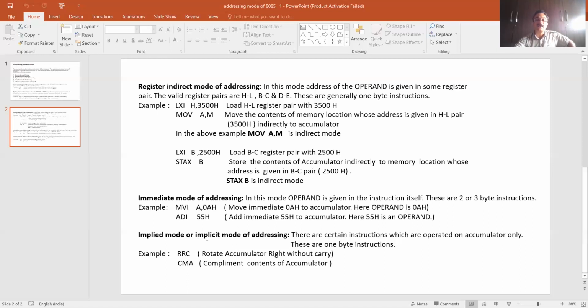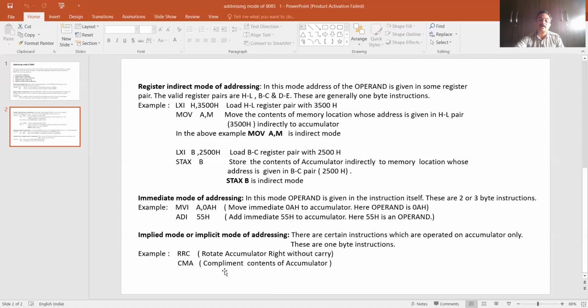So this is a very, very important question you usually get. In each and every paper, if you see the last 10 years, 5 years, 3 years papers, you can see that there is always a question on the addressing modes of 8085. Either it is a 3 marks question or a 4 marks question. If it is a 3 marks question, then they specifically give any 2 addressing modes and you are asked to explain the given addressing modes with 2 examples of each.